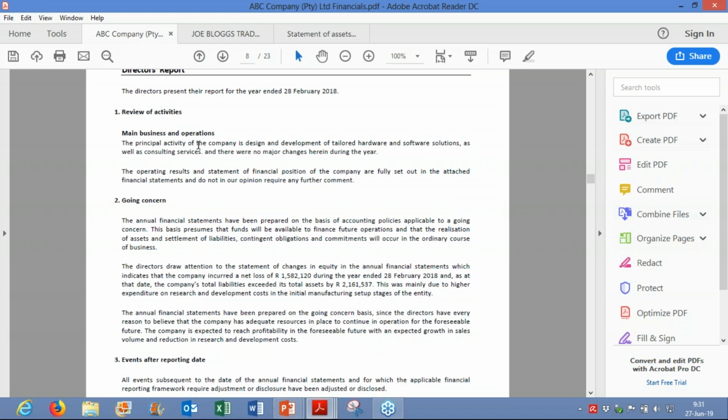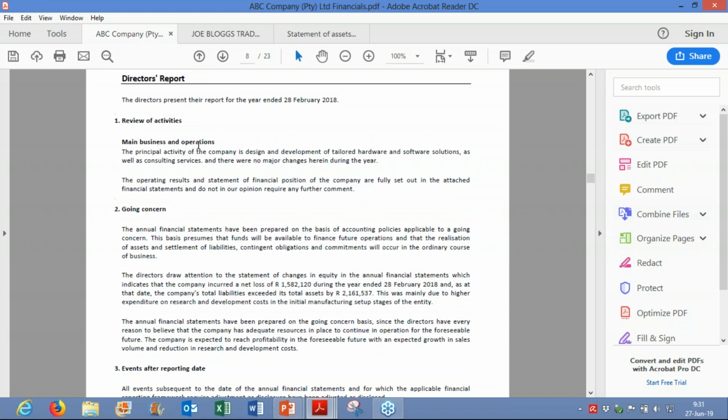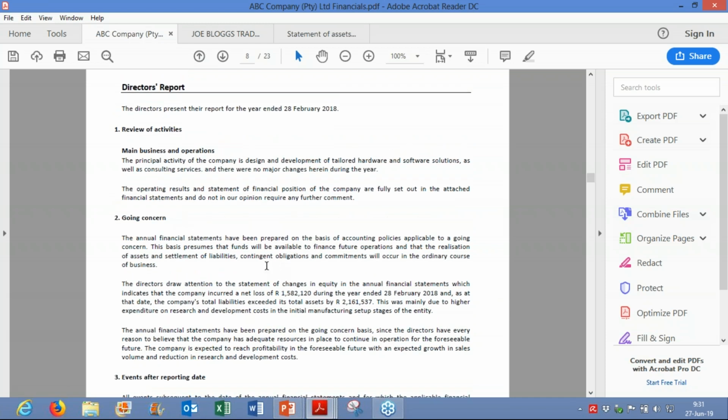Now you can see here in this director's report, there's an emphasis being placed on the going concern of the company. These financial statements have been prepared on the going concern basis, despite showing negative equity, as I've just showed you, as well as a loss for the year in the income statement. I'll show you that in a few slides on. And what this basically is saying is there are certain reasons that they've made losses. You can see here, mainly due to higher expenditure on research and development costs,